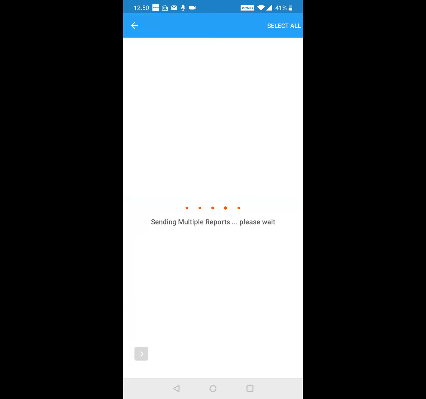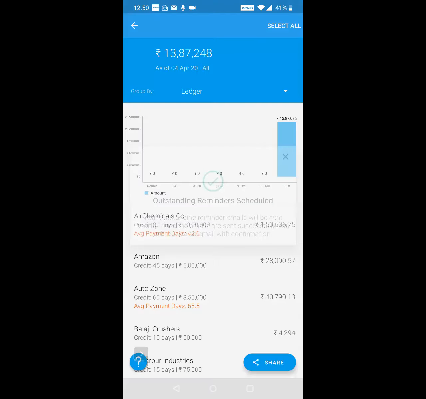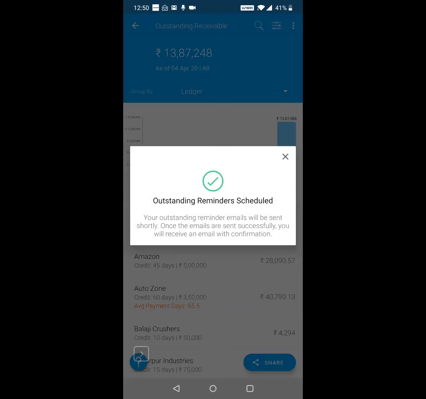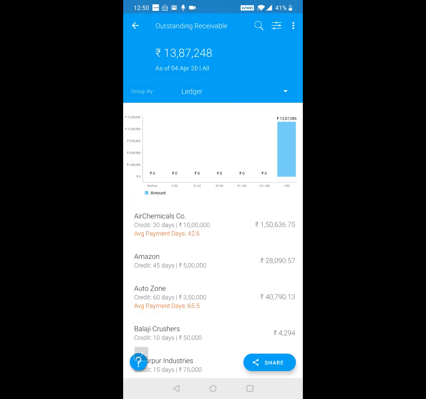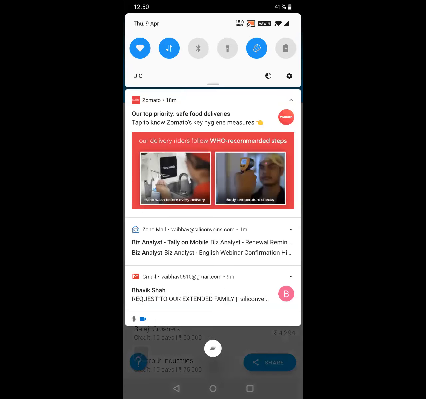What will happen is the emails will be scheduled, because there might be 1,000 customers, thousands of clients. So it will get scheduled and it will go to the customer in some time. You will get CC'd in all the emails that are scheduled. And once the last email is sent, you will get a confirmation email as well.